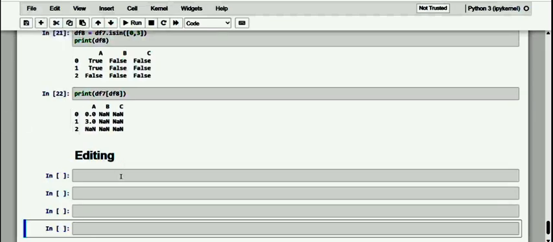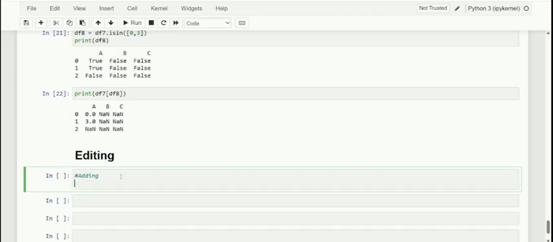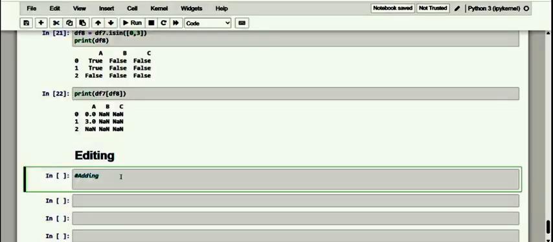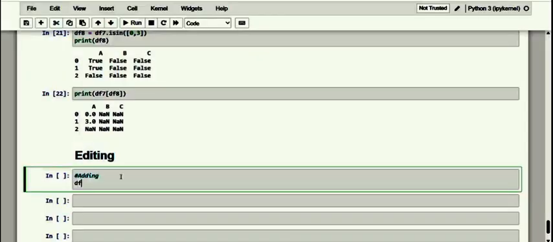Let me first go on to adding. You will have to understand by now that, due to the way the data frame is structured, you can think of the columns as separate series assembled together to form a data table. So the editing operations of a data frame working on the columns are somewhat easier. Let me create a data frame here. Kindly observe.